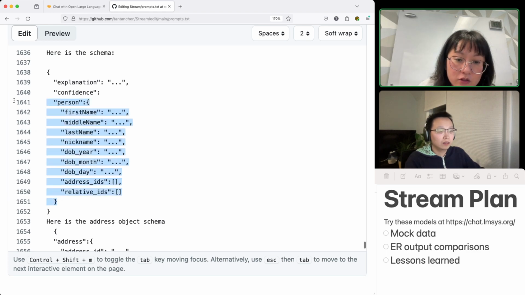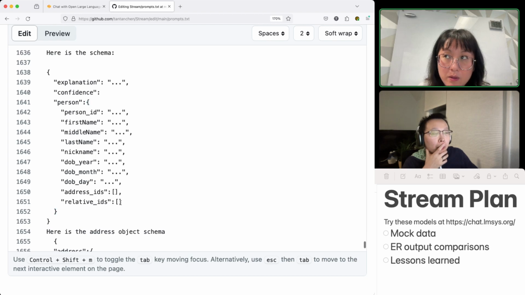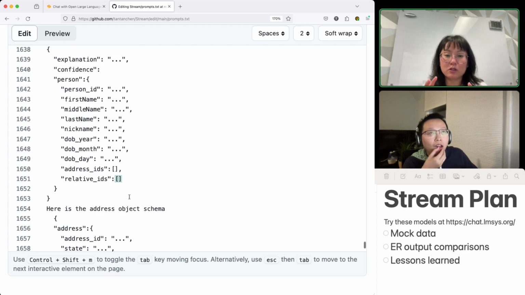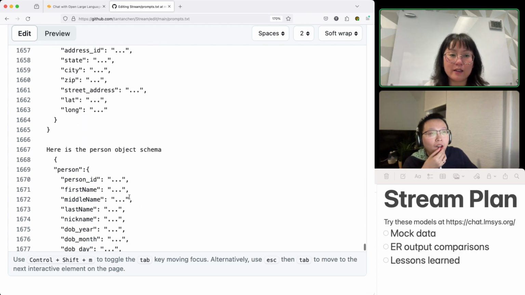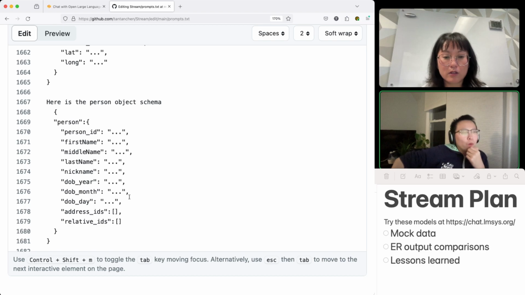But then the relatives, instead of just an array of strings, it would be maybe an array of dictionaries, and then that dictionary would hold the ID and the relationship. So then you can basically tie each person to another node, but then it has a relationship in it. So that's why you sort of need to encase it with a dictionary. But why wouldn't that be